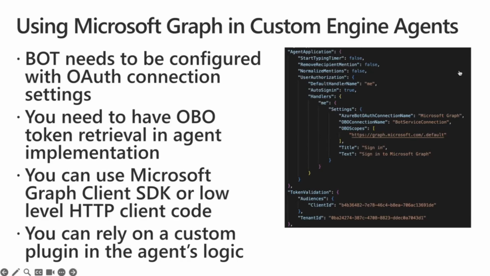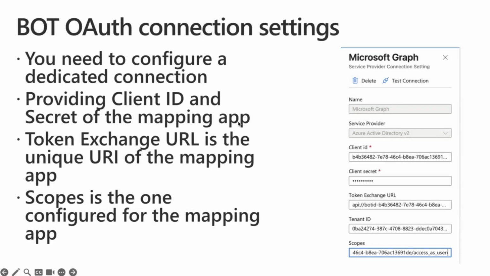So when you do so, the first and initial part is the configuration of the OAuth, the open authorization, for your agent. Behind the scenes of a custom engine agent that relies on the Microsoft 365 Agents SDK and on the agent framework, there is the need to register a bot in Azure. So you need to register a new bot, and it will actually be done for you by the Agents Toolkit when you create a new custom engine agent using the Microsoft 365 Agents Toolkit extension for Visual Studio or